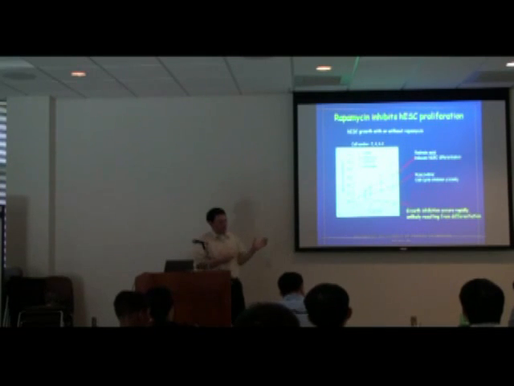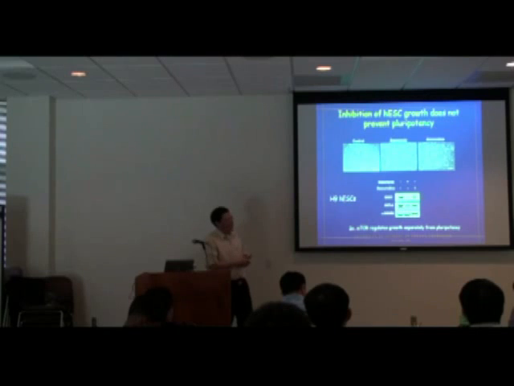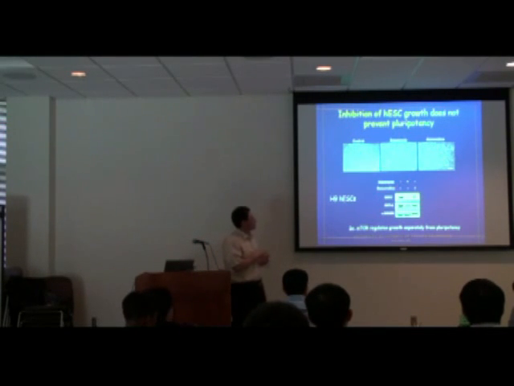Okay. And you may also argue that there's one possibility: the reason that mTOR is important for pluripotency is because blocking it slows cell growth in the very beginning. So when growth slows down, then maybe the cells will differentiate. Is that a possibility or not? We kind of ruled out that possibility. We used a cell cycle inhibitor called roscovitine here. This is a cell cycle inhibitor that is known to reduce cell growth. So the idea is, what happens if we just reduce the cell growth per se? Then what happens to pluripotency? The answer is that if you just reduce growth by blocking the cell cycle, the pluripotency genes remain largely unaltered.